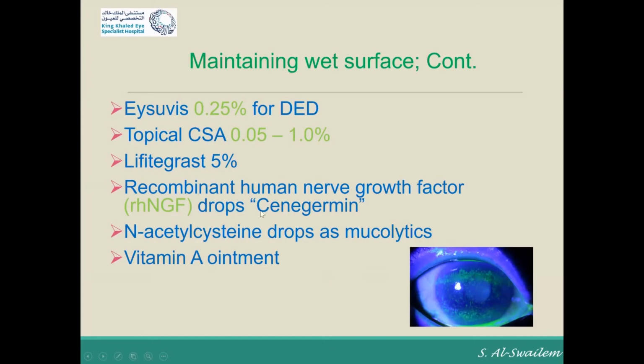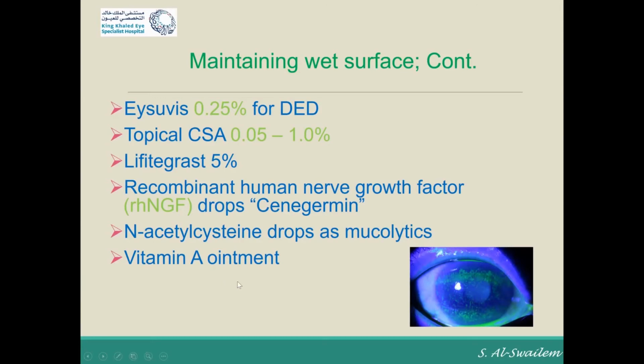You can even use, in patients with neurotrophic ulcers, some of the human nerve growth factor called cenegermin, which is about to be registered here in Saudi Arabia. If you have a lot of filaments, you can use N-acetylcysteine, and you can use vitamin A ointment also on